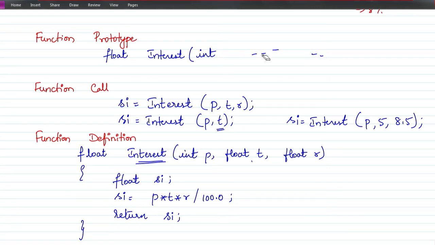Say you can't give here int 10,000 and then not giving default values here. This is not possible. Okay. Once you give default value for any parameter, all the parameters towards its right must contain default values. So always the initial parameters are not going to be default. Only from the last you can give default values.